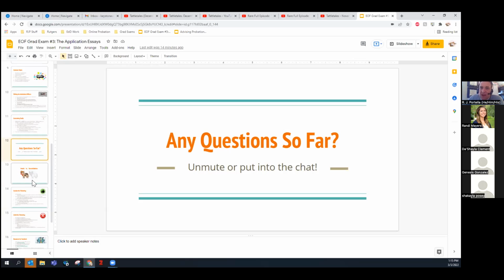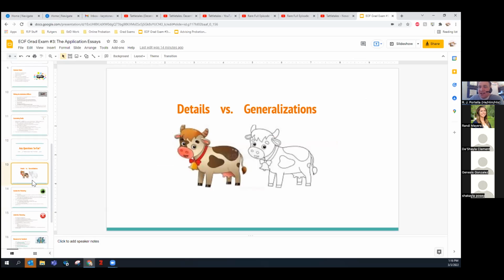Now I'm going to show you a picture here, and I want you to just digest it for a second. This is the best example I could find on Google Images, but it does make my point. When you are writing your essays, I want you to be as detailed as possible. Because what happens is most students end up with a little cow on the right.